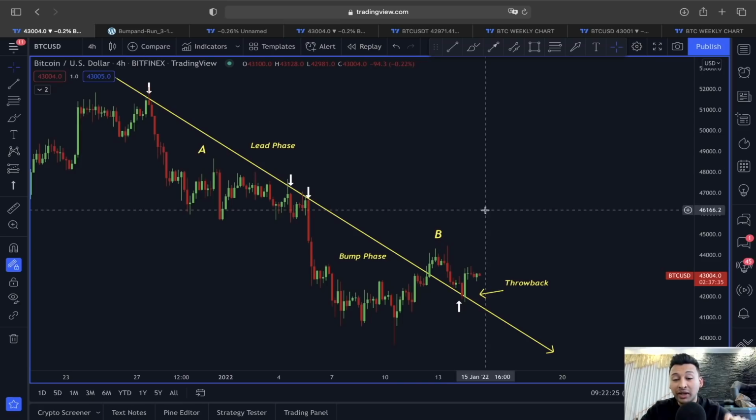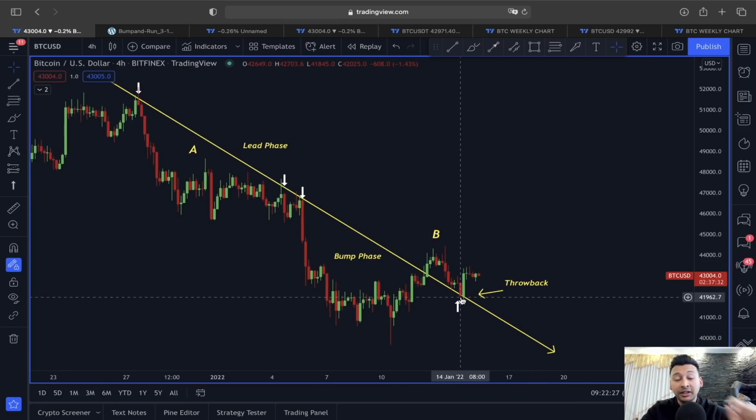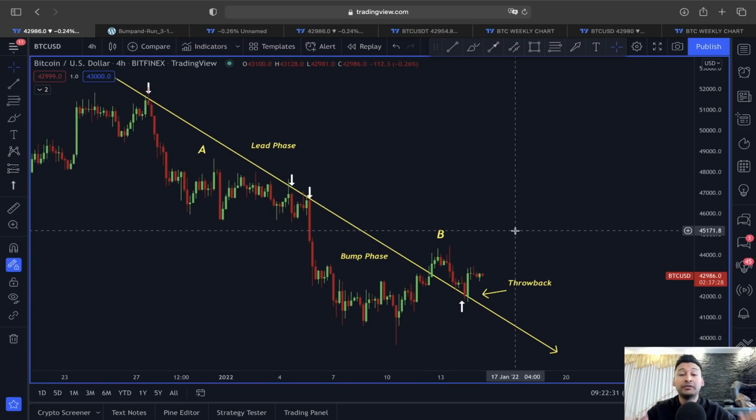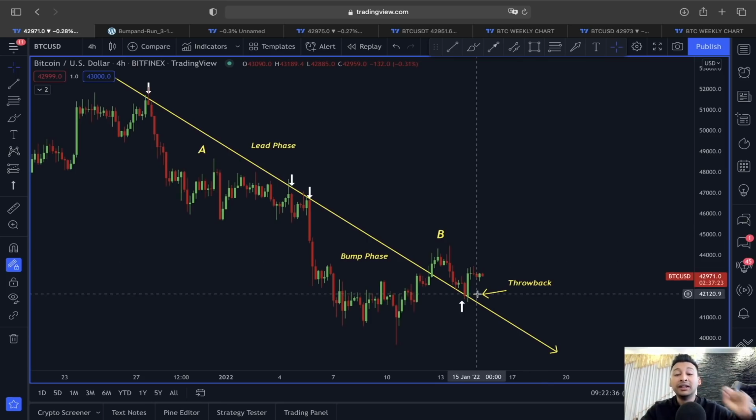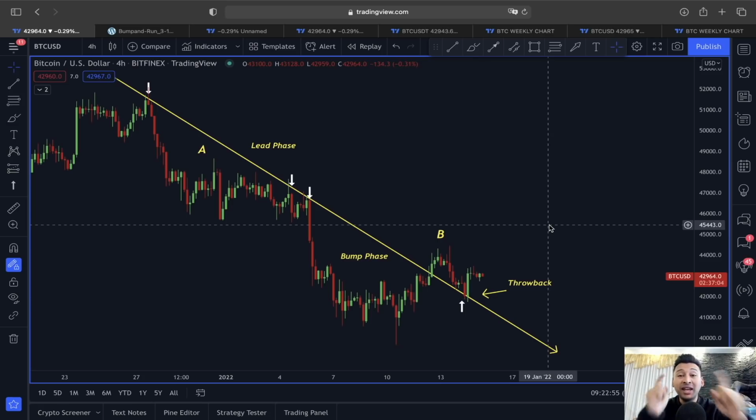But right now, as you can see, the price of Bitcoin is still holding this falling trend line and also got a really nice bounce off it. So if this is going to play out as a bump and run reversal, then the falling trend line support must not be broken at any cost. And what kind of scenario could be unfolding if it breaks, I am going to show you in today's video. So please watch it till the end, guys.